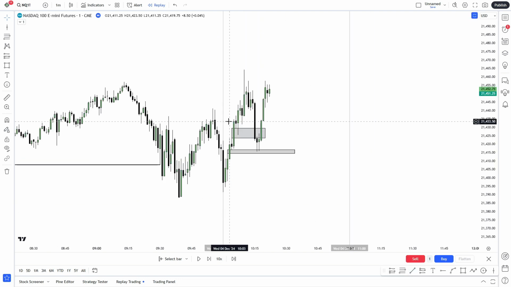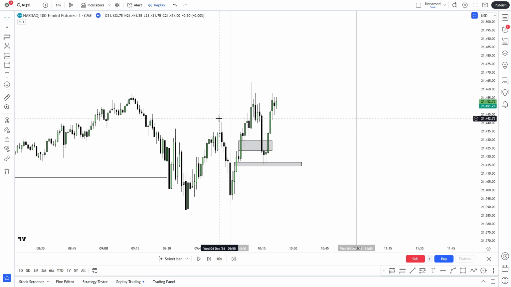Now guys, if you missed this initial fair value gap entry right here, not to worry, you could have instead looked at this one right here and taken an entry right there. So you could have maybe been a bit more conservative, and waited for a more obvious market structure shift above this swing high right here. So this was quite an early entry, so you can wait for it right there above the swing high. We trade above it there, and you could have waited for a retracement back down into this